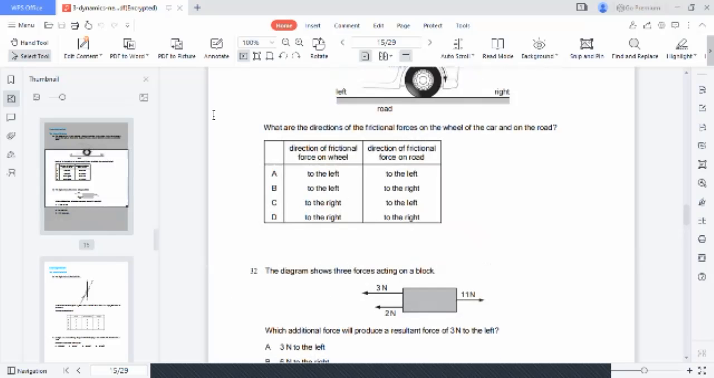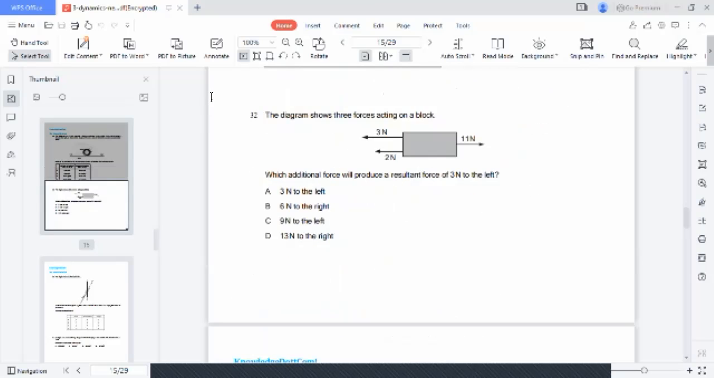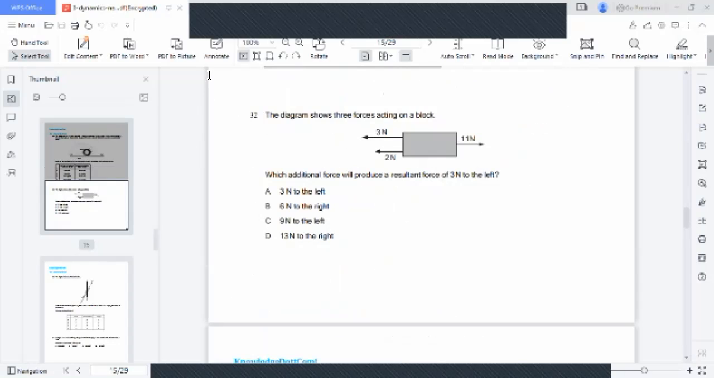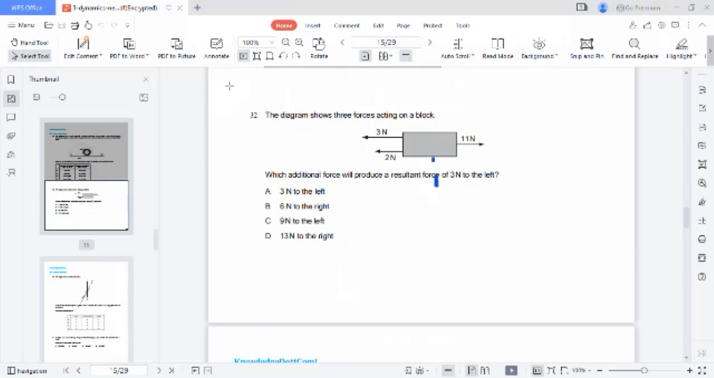Okay, so question number 32, I made a little mistake in it. I could not properly read it. The original question states 3 newtons to the left. Oh, I didn't read this one. So there is a leftward direction as well. Okay, so 3 newton left. It means,